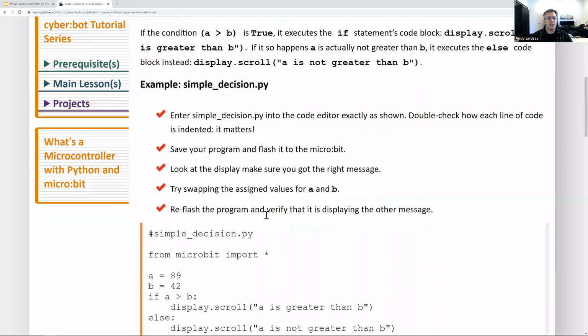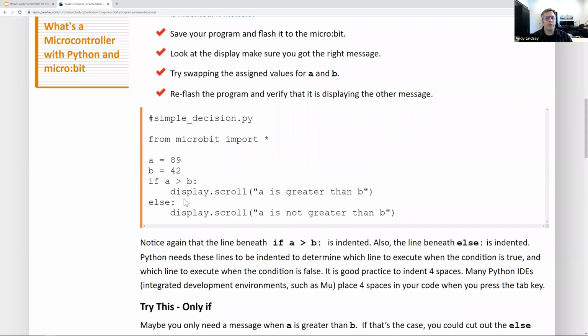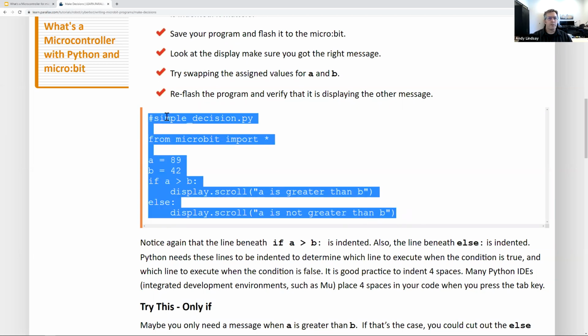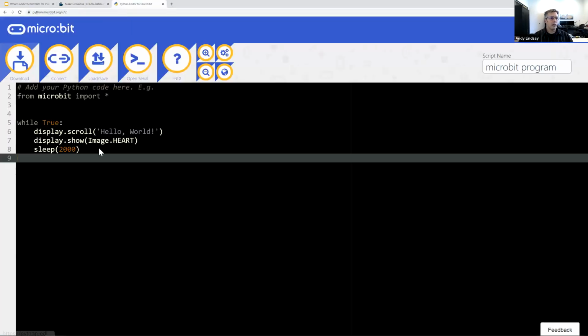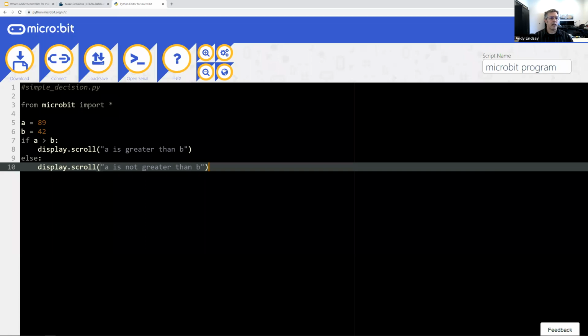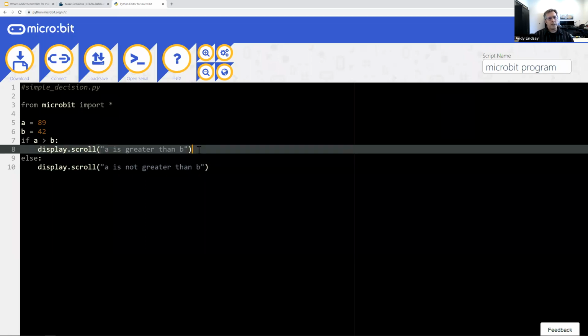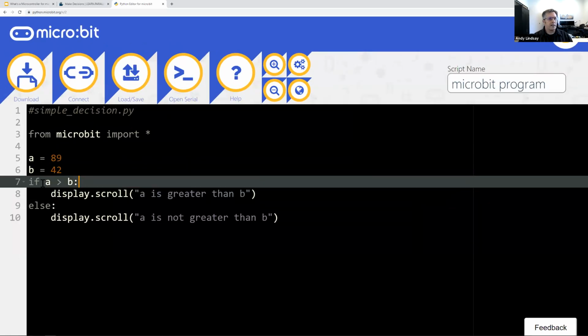For making decisions, now this is an important thing about Python right here. If you're making a decision, we haven't officially talked about the Python editor yet, but I'm going to just jump in there and do this one. Okay, so I'm pasting that in there. So the important thing to keep in mind is that when you're making a decision, when you see this if A is greater than B here,